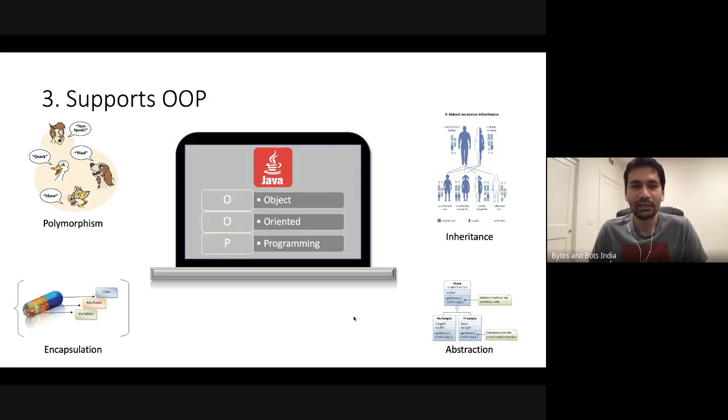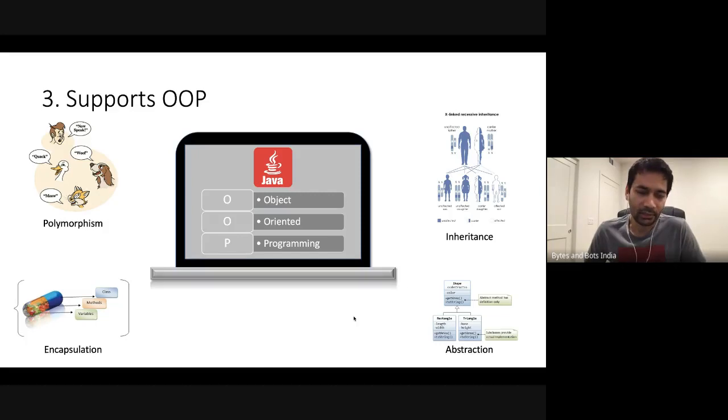So abstraction is a very common practice we follow in our day-to-day life, and Java also provides that kind of abstraction, wherein anyone who uses your program need not know all the details about it. They just use an API. Remember, we talked about API. They use a program as a middleware.